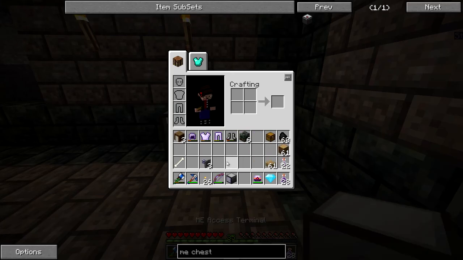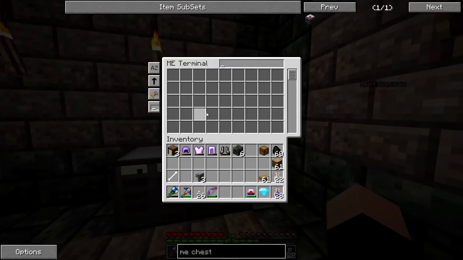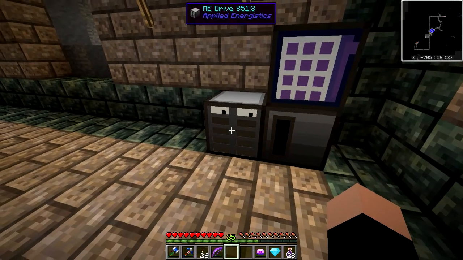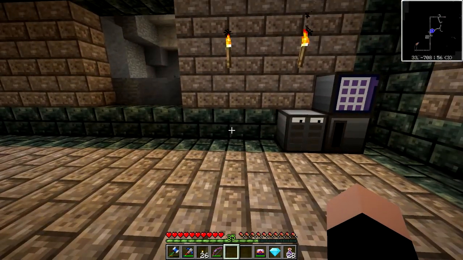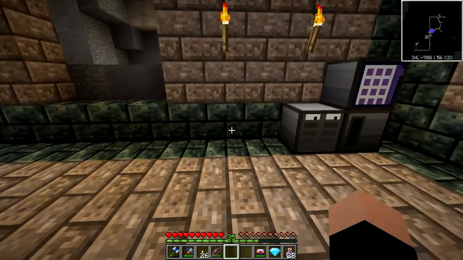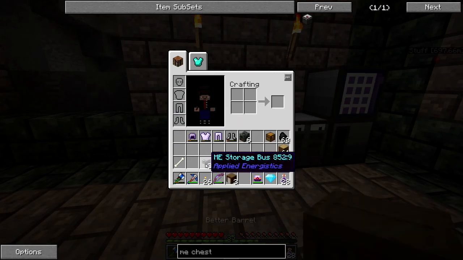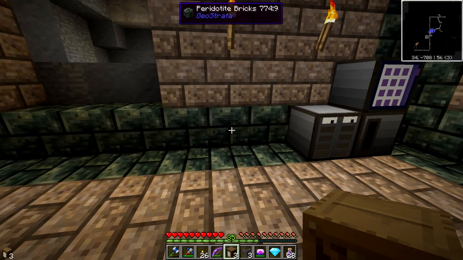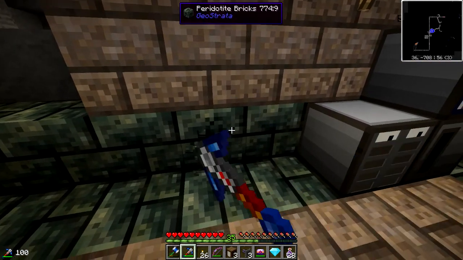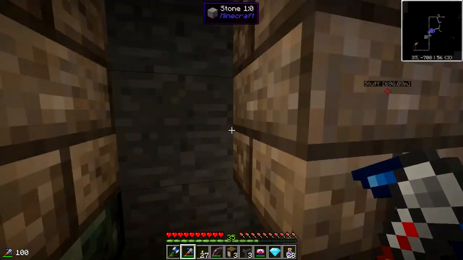Okay, and next we want the ME access terminal. This will let us access all the items that are in all of these cells and anything else connected to the system. Now, I don't really want to have hundreds of stacks of cobblestone filling up these drives, so I've got some barrels here and storage buses, and I've never tried this with these types of barrels, so hopefully it will work okay. So let's go ahead and take out part of the wall here,